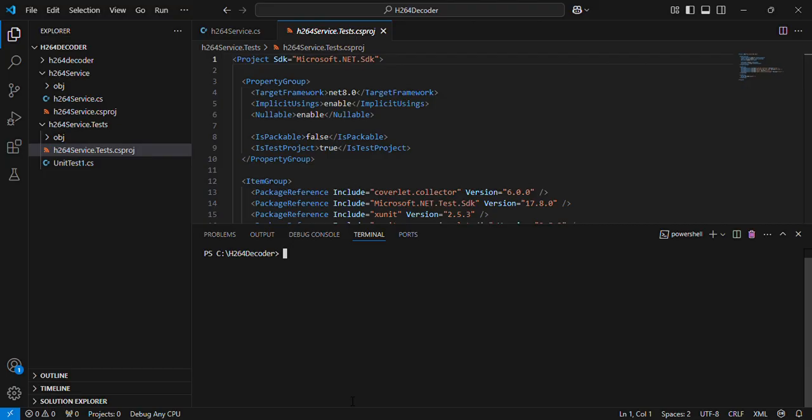Let's have the command. Let's say dotnet add, we want to add this within this